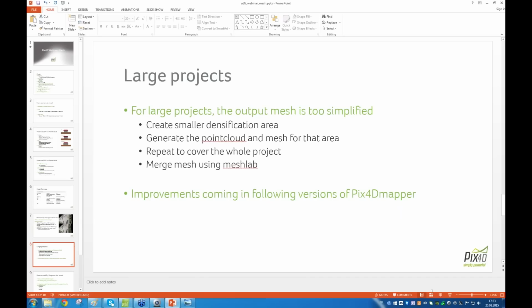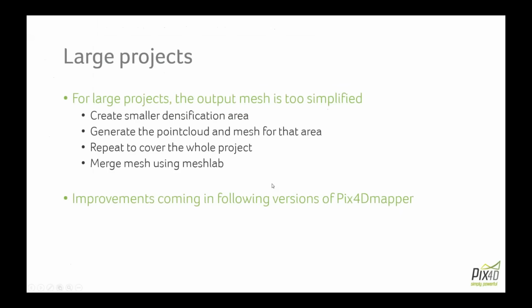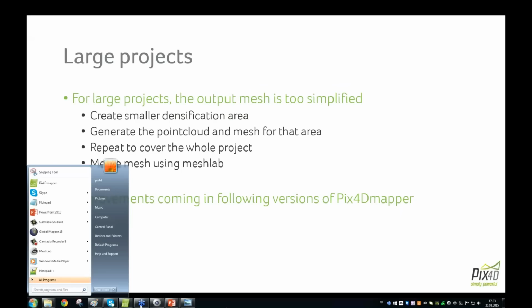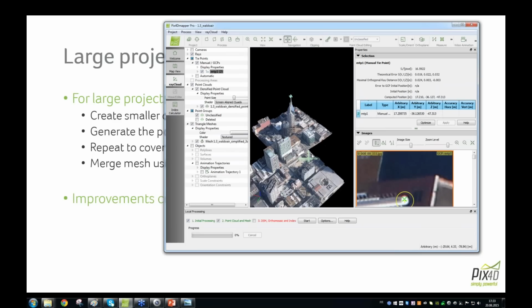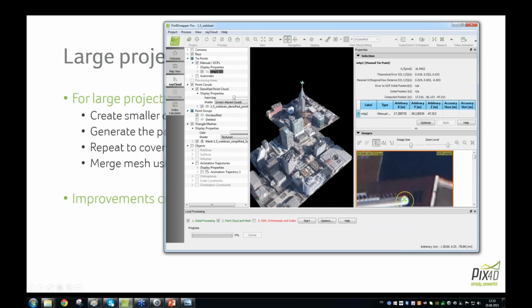Now there are some projects which are really, really big. Let's take, for example, this project. It's only a little part of the city. It's not the whole city of Nashville. So if you had to do the whole city, for example,